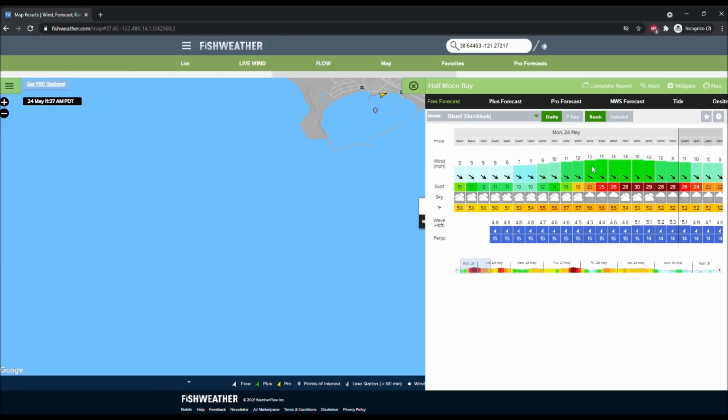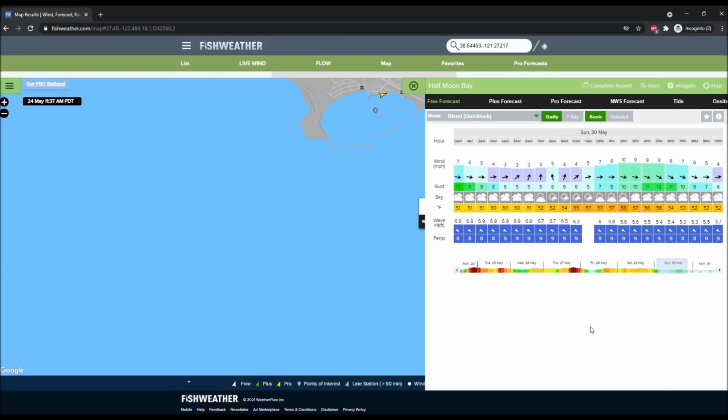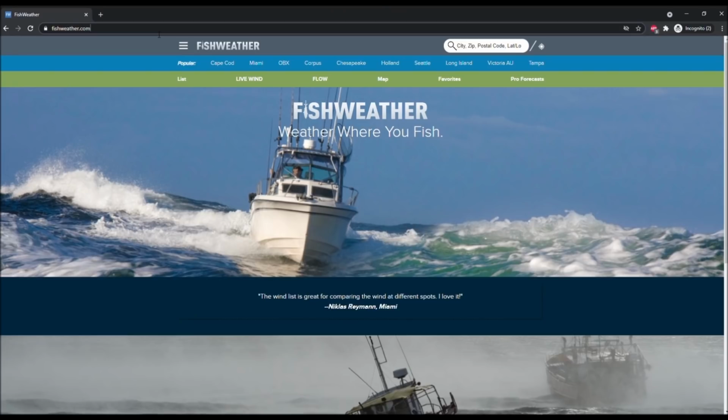It's going to give you the wind speed, the gust, and the swell, and the period. So let's look at Sunday. So wind is pretty down on Sunday. The swell is anywhere between 6.7 to 5.6 during the day at 9 seconds. But fish weather does not give you the secondary swell though. Okay, let's go to